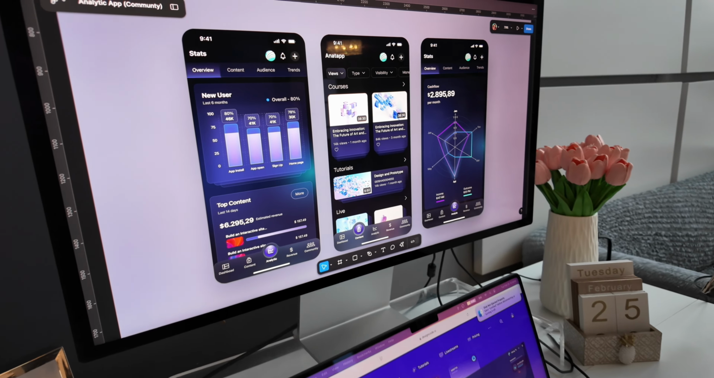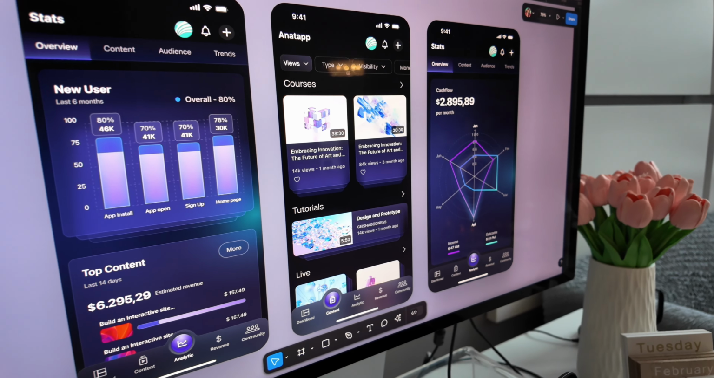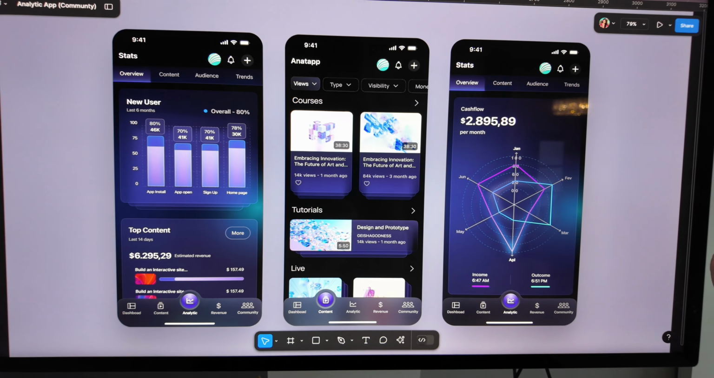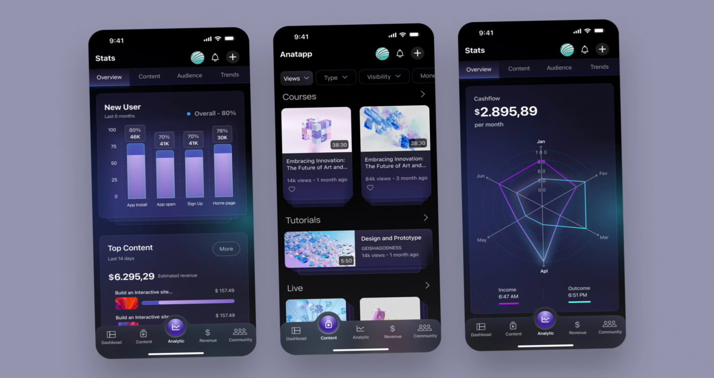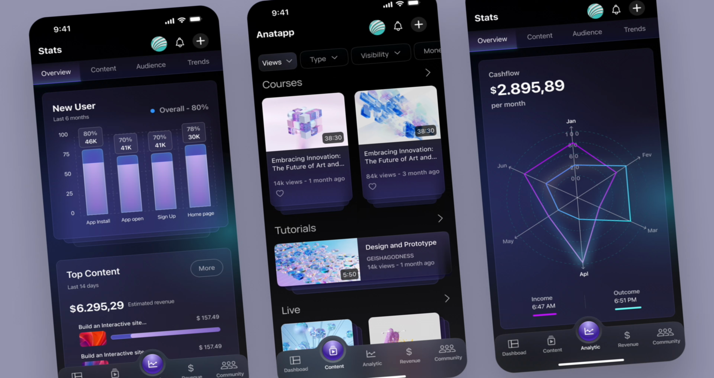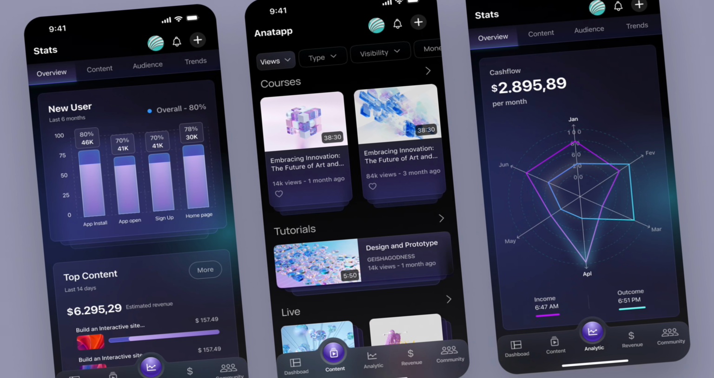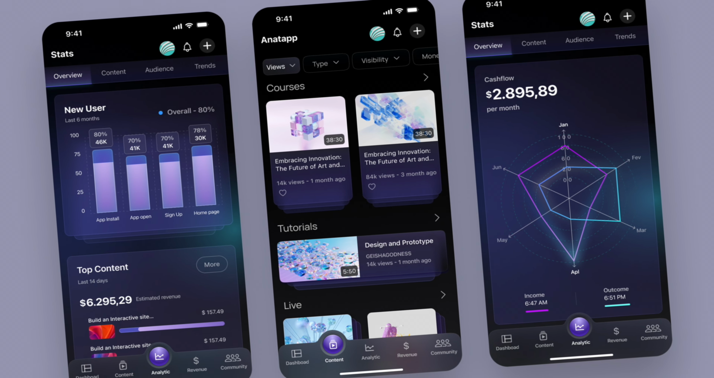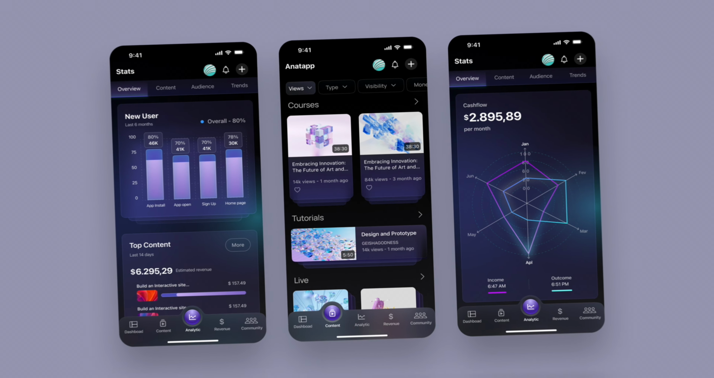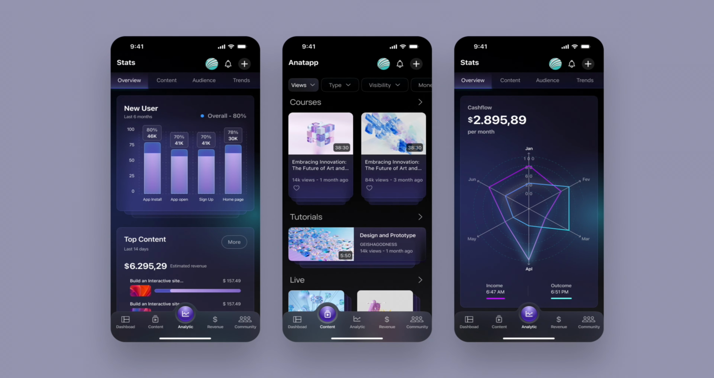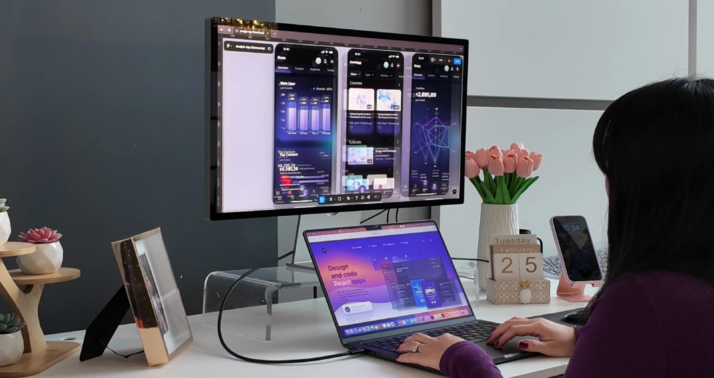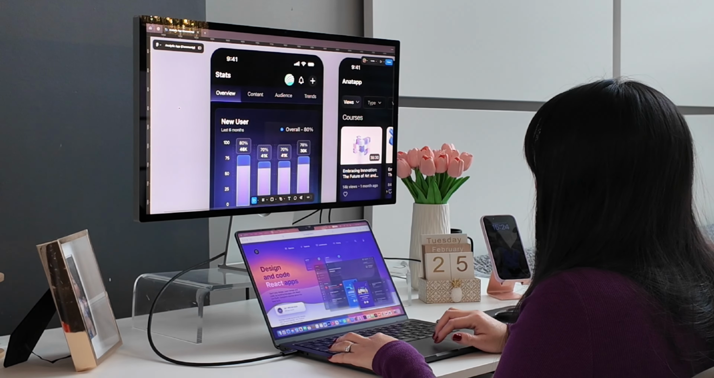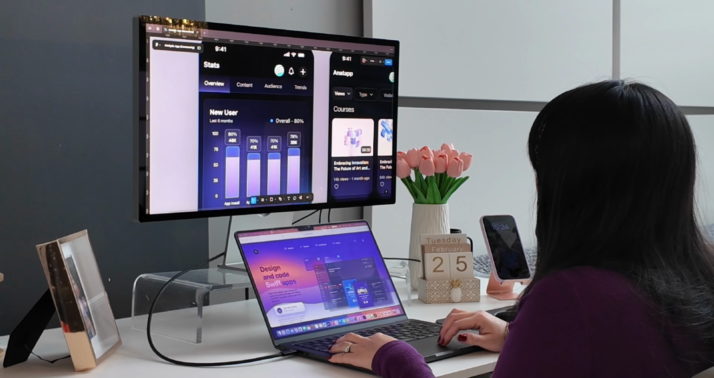And in this episode, we're going to design this beautiful analytic app design. Data is everywhere, but raw numbers alone can be hard to understand. That's why good UI design helps turn data into clear and easy to read visuals. In this episode, we're going to learn how to design charts and graphs that make information simple and useful for